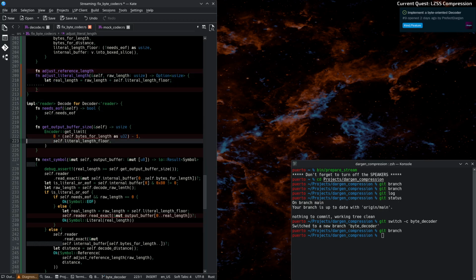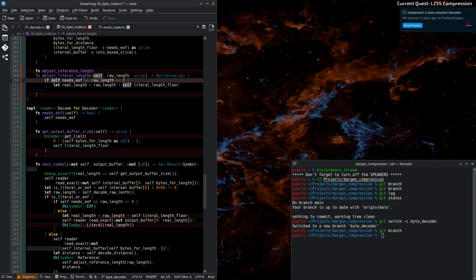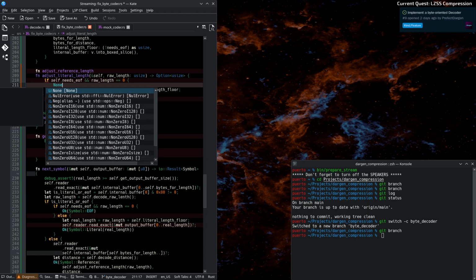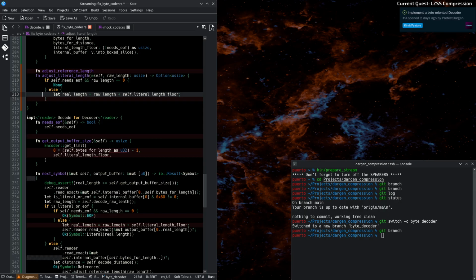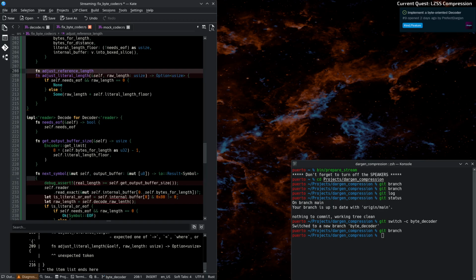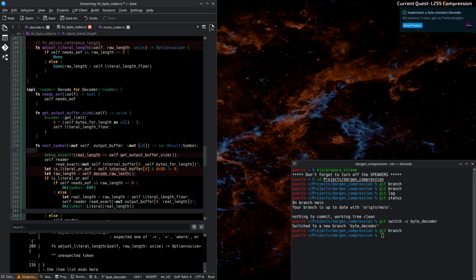So we're going to just adjust literal length, and what it's going to do is that in this case, it's going to return, and in the other case, it's going to return the actual length. Why am I doing that? Because now